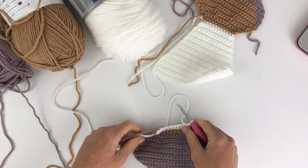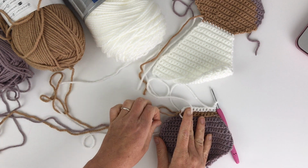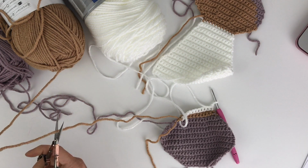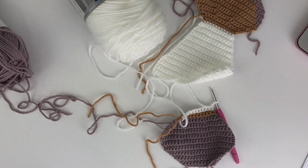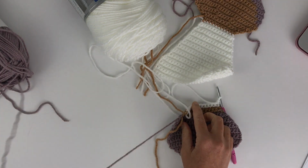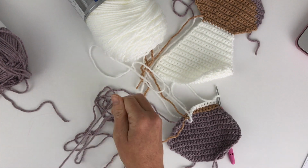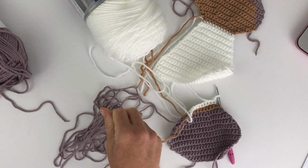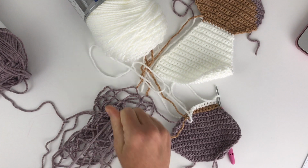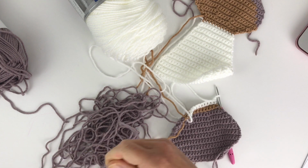Okay, I just finished all the way through row 21. Now I'm going to come over here. I can cut this piece off. I won't need a whole lot of skin color yarn. And we can get this out of the way. And then I'm going to portion off a big old chunk of the purple for assembly here down the road. So I'm just going to pull out a whole bunch of it and then roll it up into a little ball and then hold it with a rubber band so it's not flopping around all over the table while I am trying to work. Now roll it into a ball,